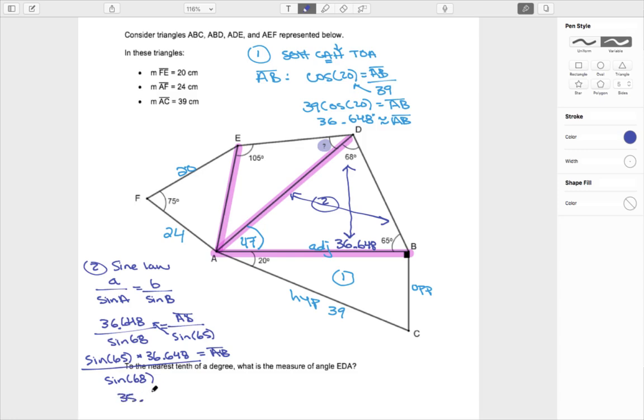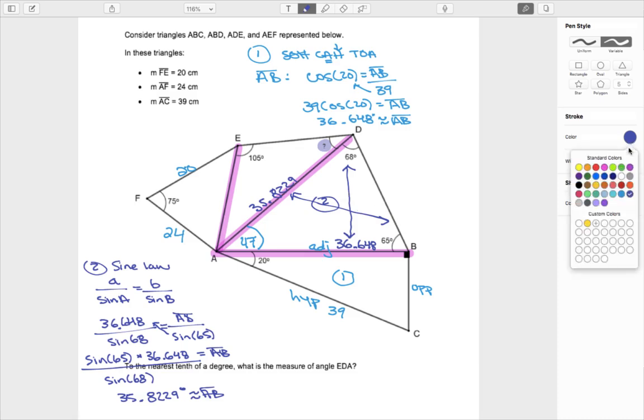So you'll get approximately 35.8229 degrees, and that's approximately the side for AB. So we're going to go ahead and write that in because that will help me visualize where I'm at and what information I have. Okay, so now's the fun part, the moment I've been waiting for, covering the topic of